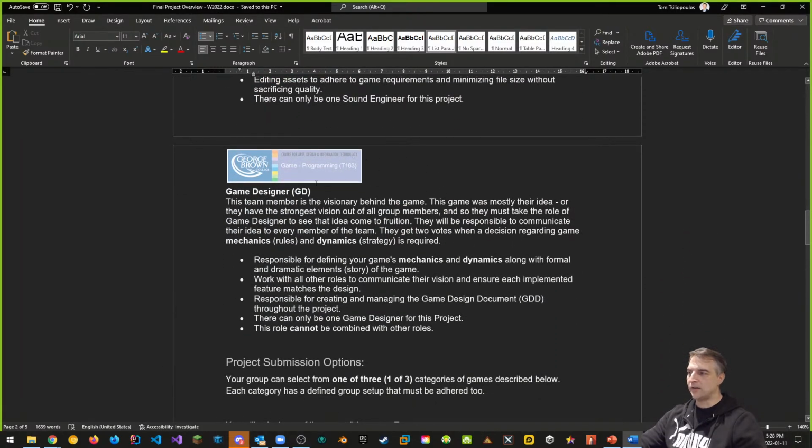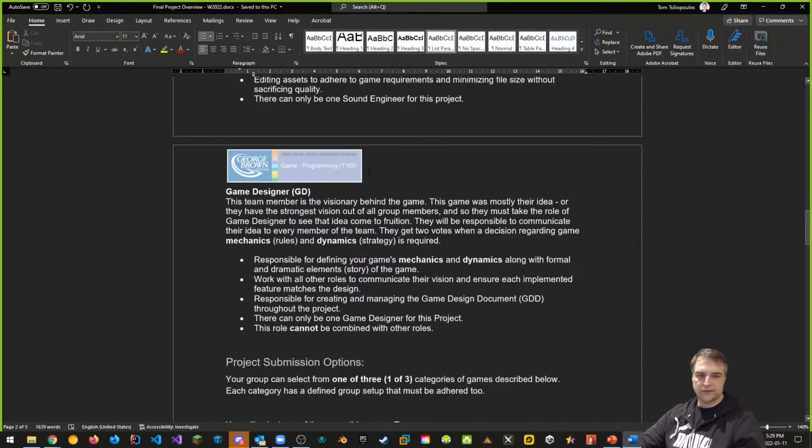Second thing is, or the last but not least, is the game designer. The game designer is a key role. Again, one of the key roles: lead software engineer, game producer, game designer. Those are the 3 that you need to have. They're going to be in charge of setting up the game design document, thinking about what the game is about, right? Your narrative for your game story and all that kind of stuff are the things that the game designer is going to work on. They're also going to work with the team to develop the game. So maybe the game designer has the vision, but they're not going to do it in a vacuum on their own. They're going to work with the rest of the team to put the game together and document everything. Their primary tool is going to be the game design document.